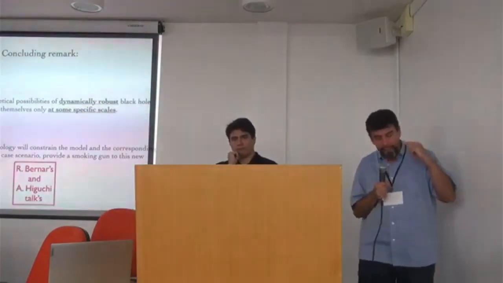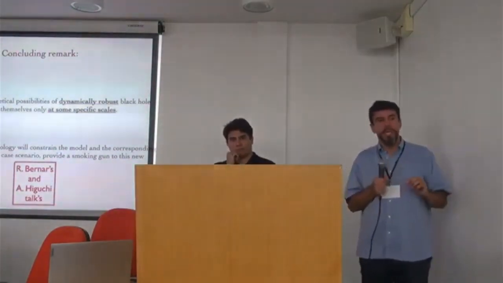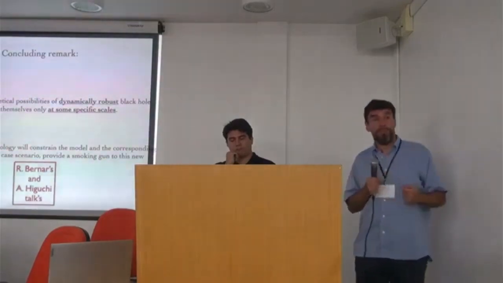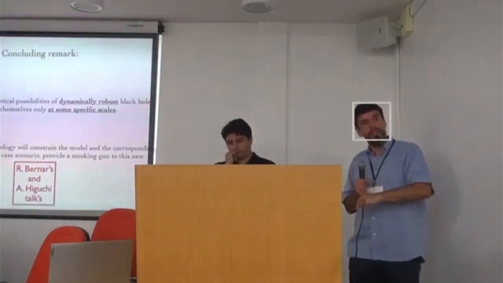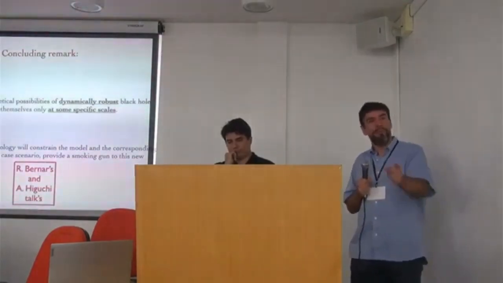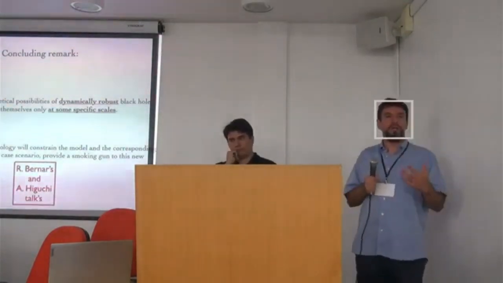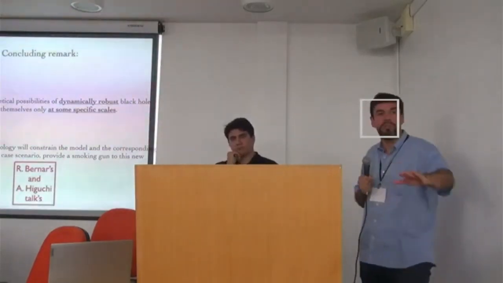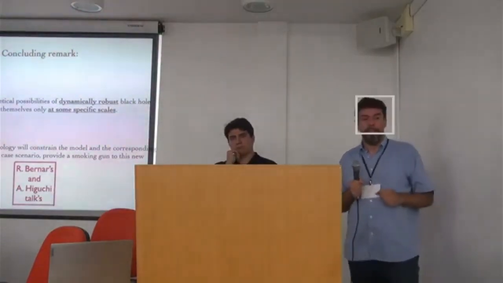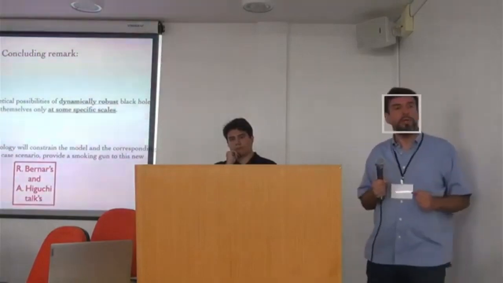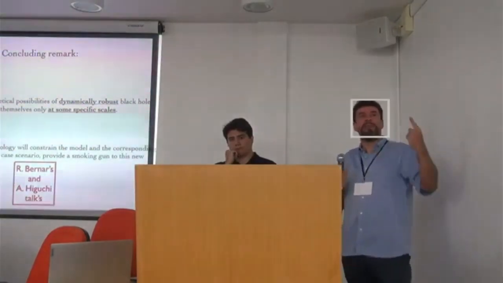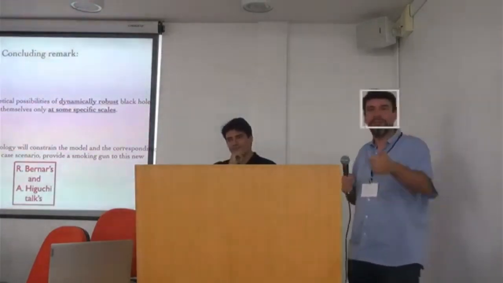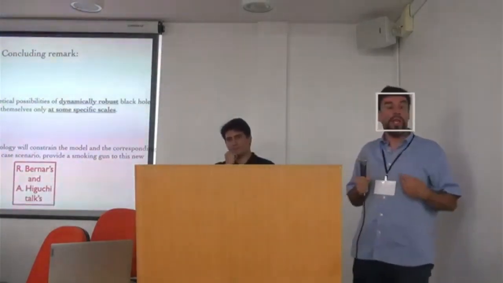But then there's an extra question which complicates matters. Do you believe that all of these objects have to be the same? Or could some of them actually be black holes and some could be something else? Of course, we have Occam's razor, which is, let's decide for the model which explains the most by being the simplest. But that doesn't work. Otherwise, we would have one particle in particle physics. It doesn't work. That would be simpler than having all the leptons and all the quarks. So if data